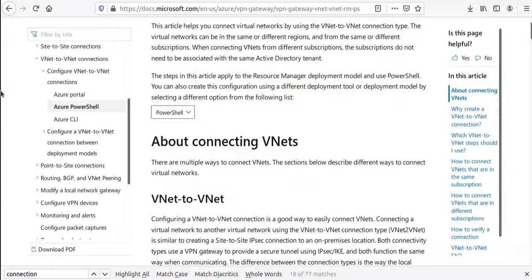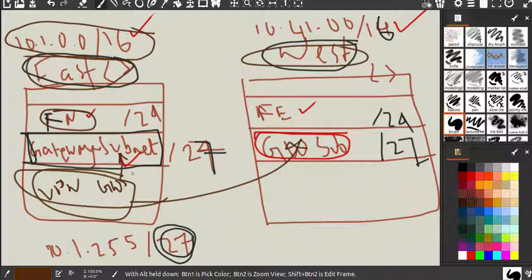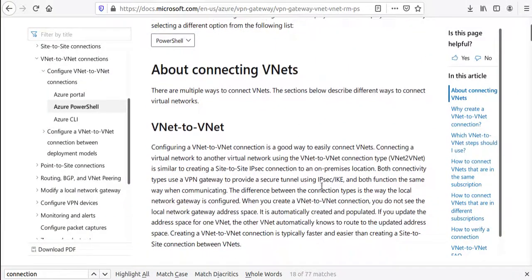So again, this is what we did in our previous lab. We had one virtual network in the east, another one in the west. We had created a front end subnet, and then we created our gateway subnet. Same thing we did for the west, and then we deployed the gateway inside this gateway subnet, and then used a connection to connect both networks. So in this one, if you look at it,